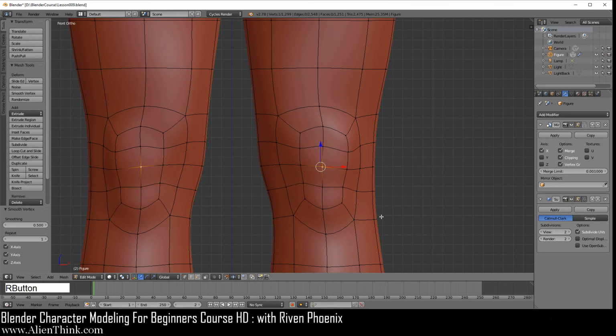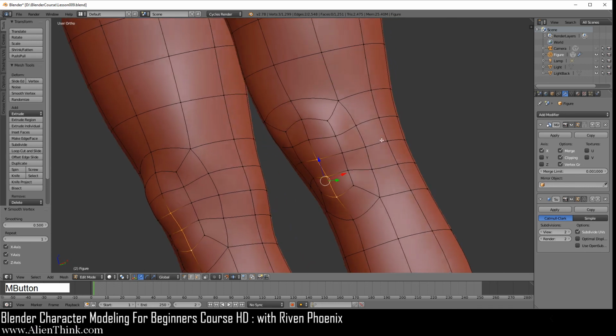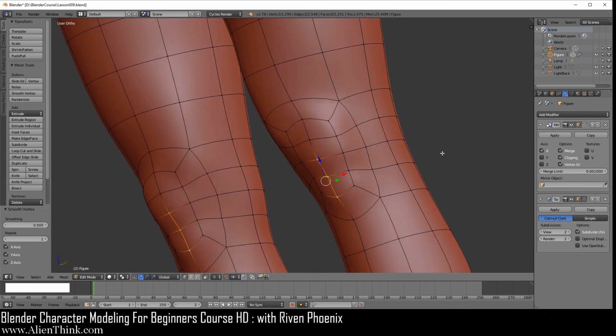Next, you're going to click on this vertex right over here and bring it down with the blue arrow one time. Press the shift key down and click on this one. Go to your right view, take it to the left one time, do W and then smooth. Next, you're going to just hover your mouse over here and right click this. It'll automatically select the closer vertex. Shift key down this one and this one. So if you do the middle mouse button, you can see what it's actually selecting. Just do W and then smooth this out a little bit more.